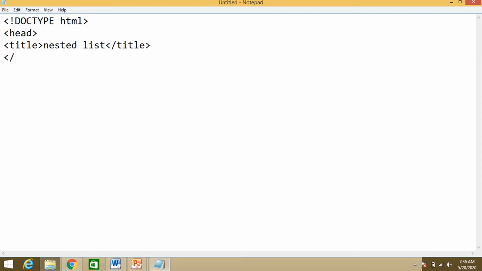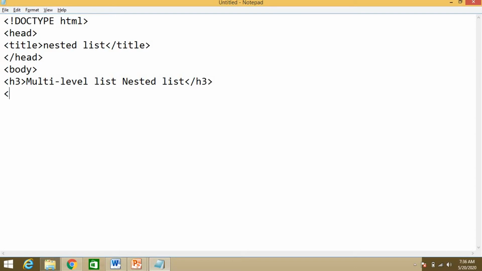After that close the head tag and open the body tag. In that write down a heading, multi-level list, but having nested lists. Close this h3 tag over there.